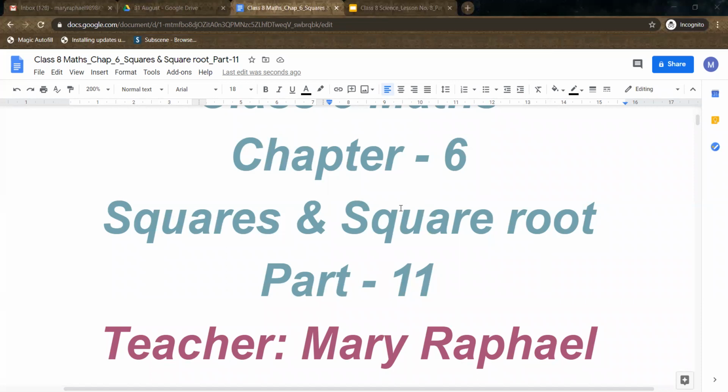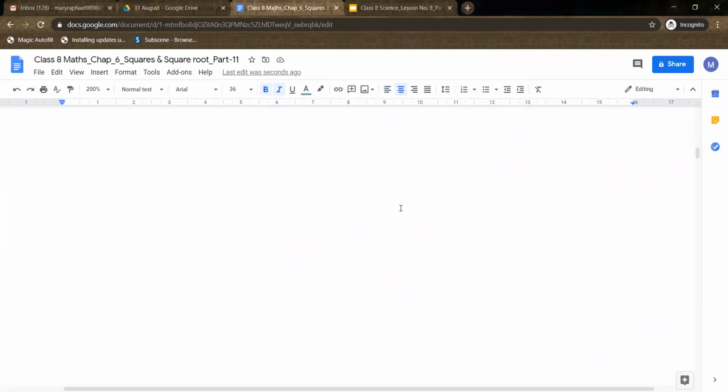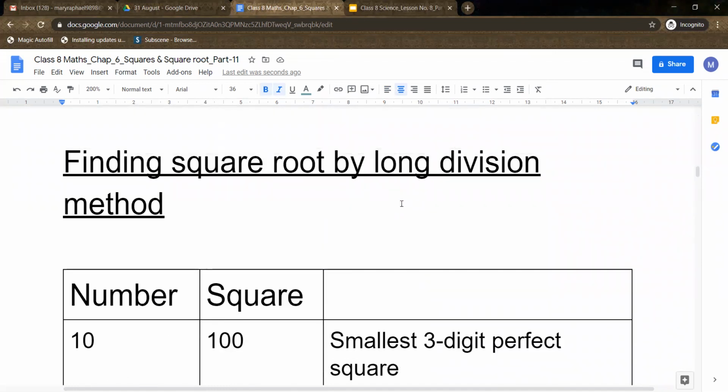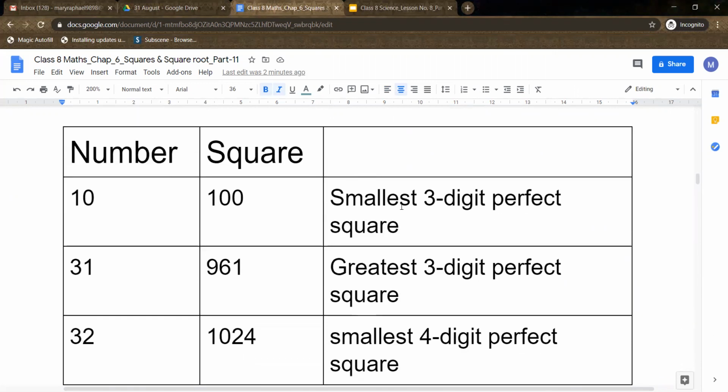Today we are going to learn how to find square root by long division method. In previous class we have learned how to find square root by prime factorization method. Now the second method of finding square root is by long division method. Before that, just have a